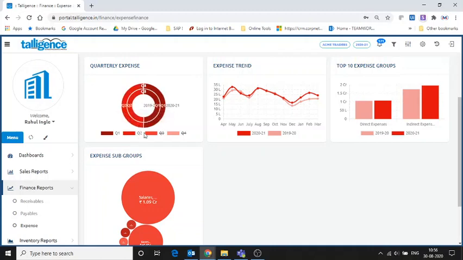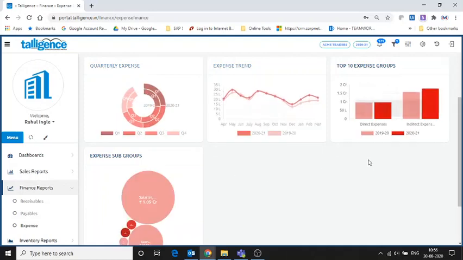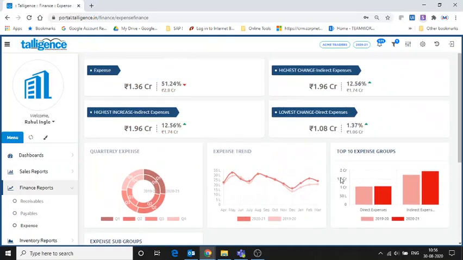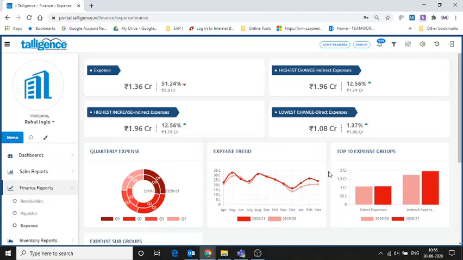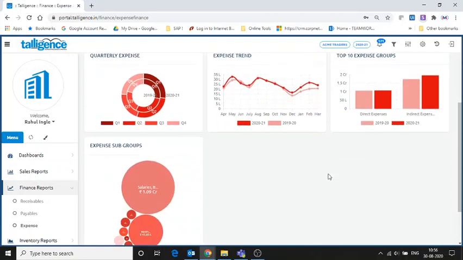If I want to understand quarter 3 in comparison with quarter 1, I will have quarter 1 and quarter 3 only. Likewise you are able to compare. Obviously the dashboards are touch sensitive, so once you touch, it will take you to that particular month or that particular group for that particular year. This is your finance report.